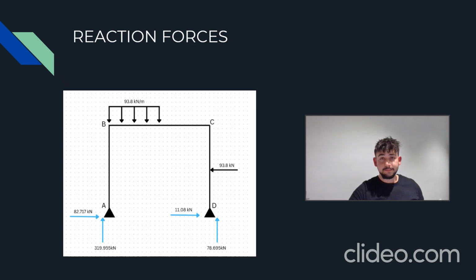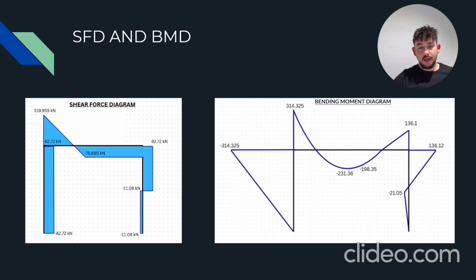Utilizing the bending moment and the shear force equations, which were calibrated throughout the 5 cuts, I was able to visually represent the shear force diagram and the bending moment diagram. It is clear that the maximum shear force was 319.955 kilonewtons, and the maximum bending moment was